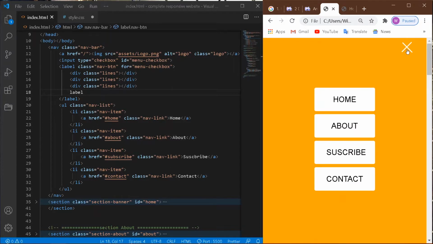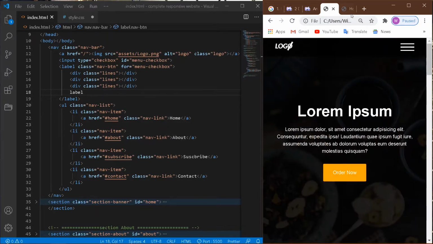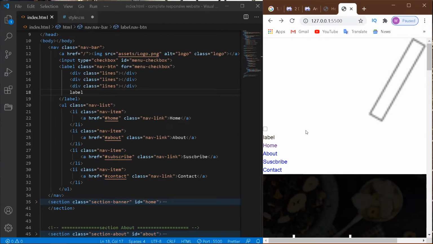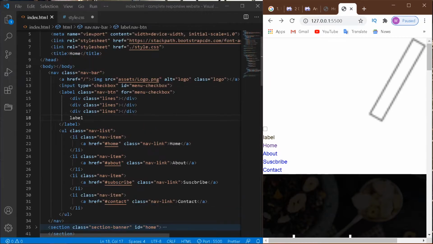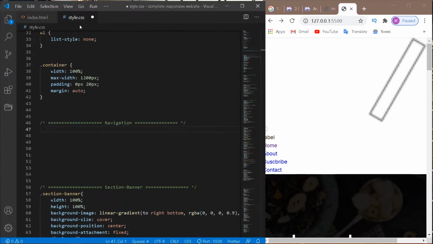So this becomes the label. When I click on it, the checkbox checks somewhere, and then this comes in. And if I click here, it unchecks and this goes away. It's going to be very simple. We call it the checkbox hack, and that's what I'm going to let us get through for today. But first of all, let's start our navigation. So I gave it the class of navbar. So let me just go